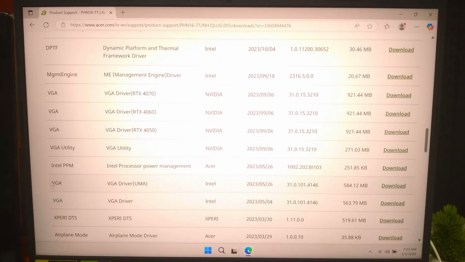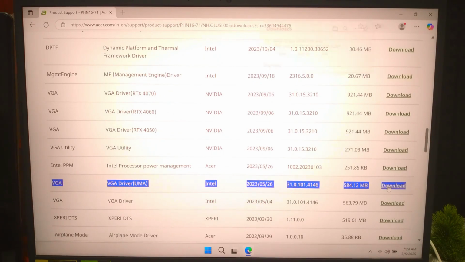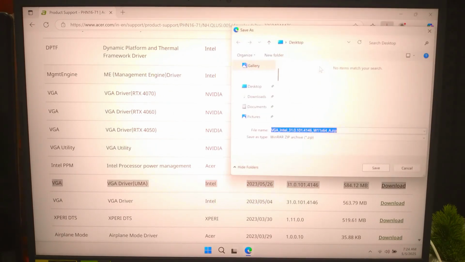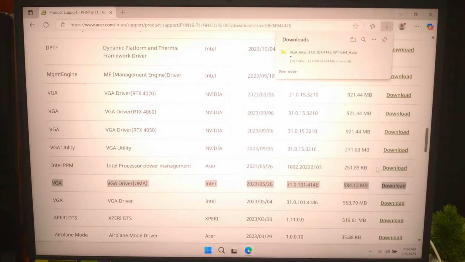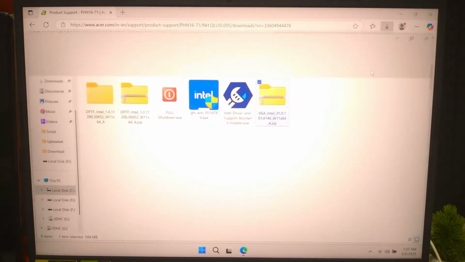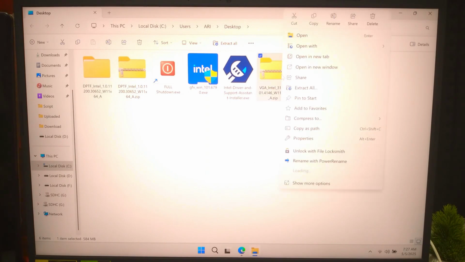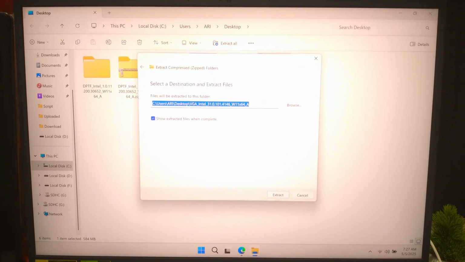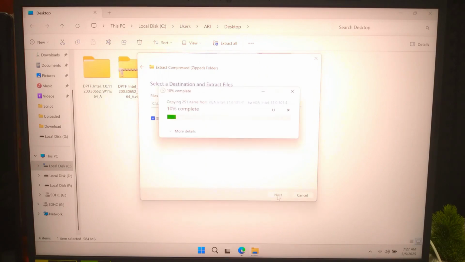Now let me tell you why use this. These are custom tuned for your specific laptop model. It's especially important for your systems with dual GPUs or power sensitive configurations. If you are a casual user or gamer and want the newest feature and update, Intel drivers might be better. But if your laptop has hybrid graphics, custom power profiles, or you have had issues with overheating, the OEM driver